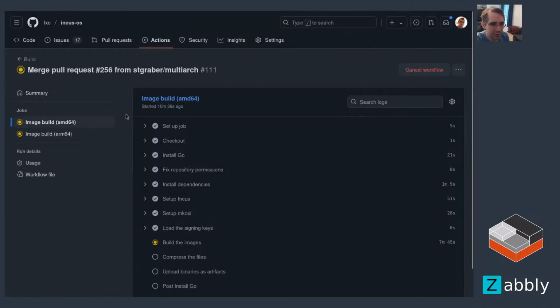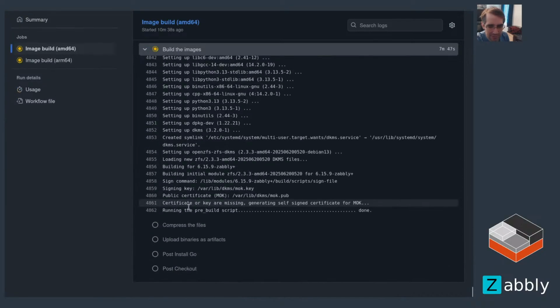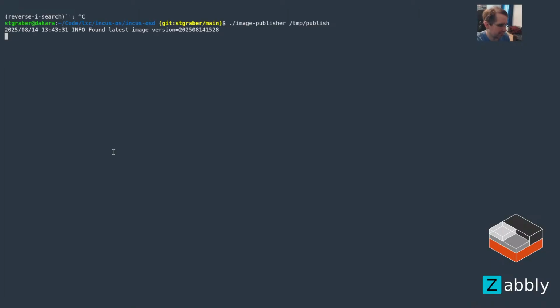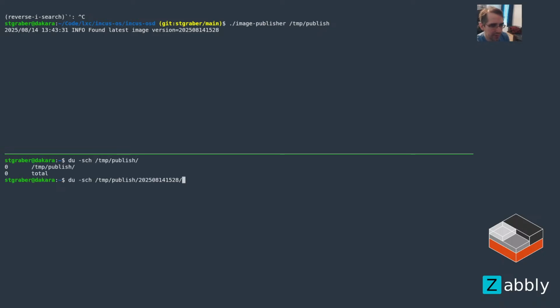That's usually the step that takes the longest time in the entire build. It's actually funny, both Intel and ARM are at the same stage, so you'd often think ARM would be slower, but so far we're about the same speed. Okay, so that's going on, and here we're still importing the image. This is going to be a slightly annoying live stream if we spend all our time just waiting for stuff to happen, but